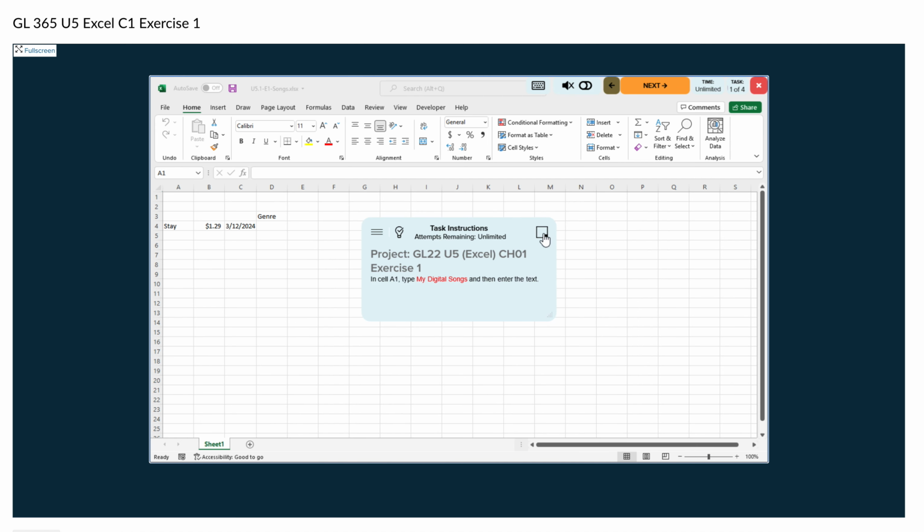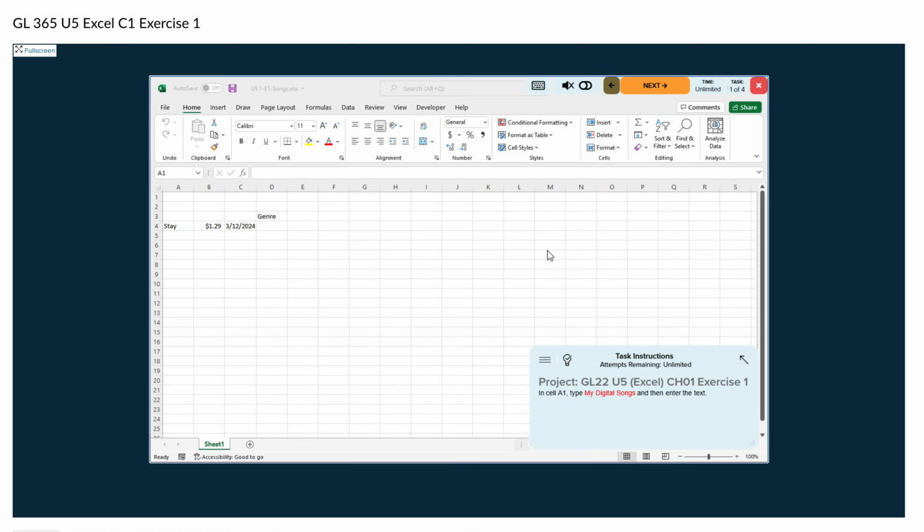In here, I will put the menu to the side so it gives me more to see. It says in cell A1, type my digital songs and then enter the text here. So I'm going to look for cell A1, and that is column A and then row 1. So I'll just click in there and I will type